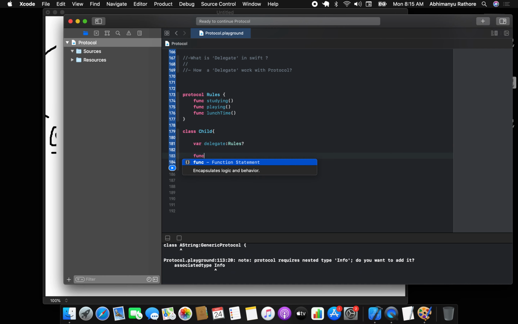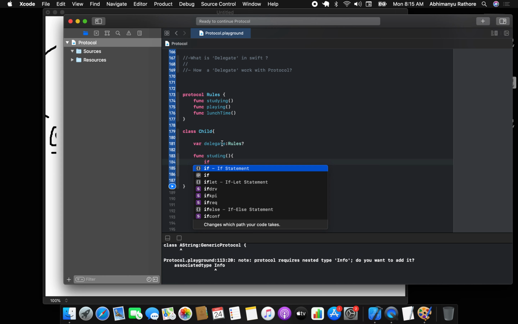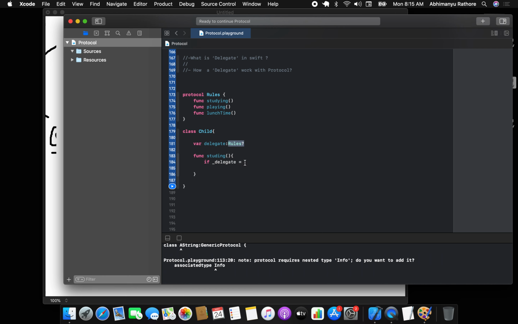I'll create a function here, studying. So once I go in the class, at that time I will call rule number 1, which is if my dad will keep an eye on me, that means it will not be nil, right? From somewhere. And who is the somewhere? The person, the parent, right? So if my delegate, if let delegate will be not empty, then I need to call the studying function rule number